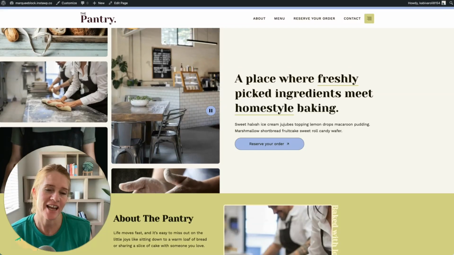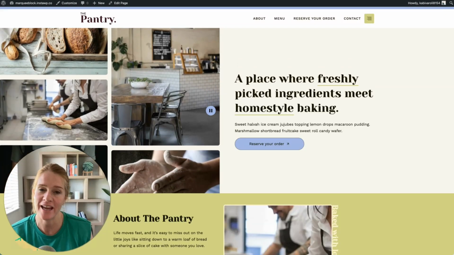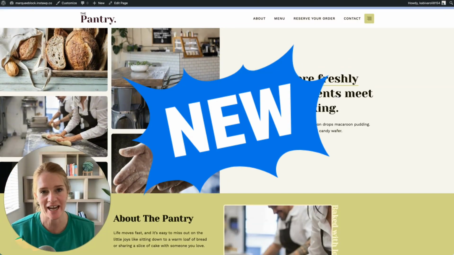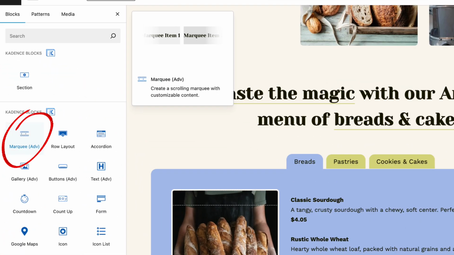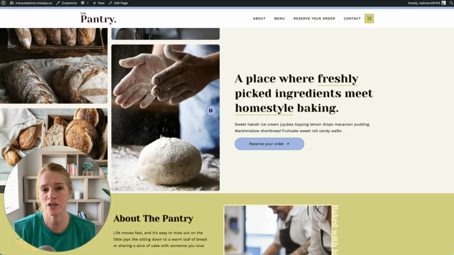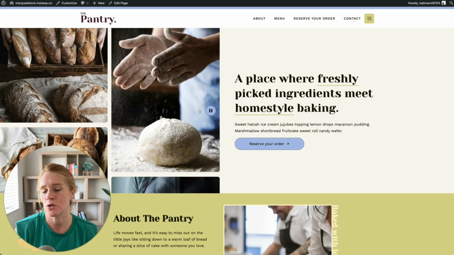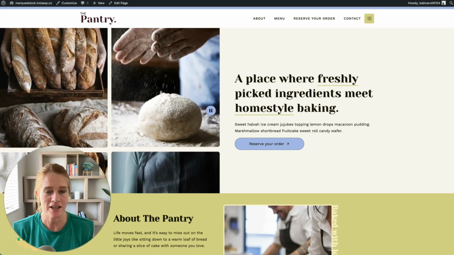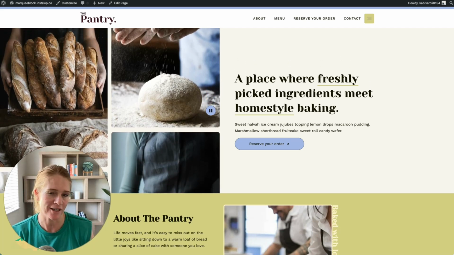And welcome back. Today I'm really excited to share with you a new block that we have just launched here at Kadence, and that's the scrolling marquee block. So in the past, if you've ever had to wrangle with CSS or bulky plugins, you're really going to love this new block. The scrolling marquee block enables you to add smooth, eye-catching motion to your website without